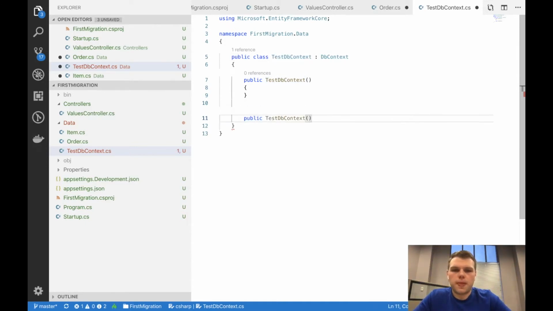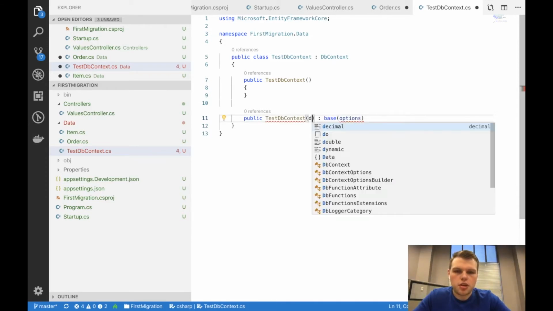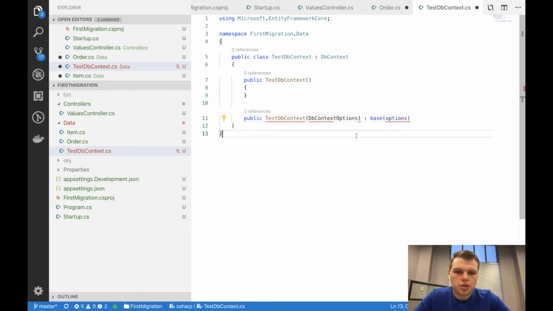dependency injection. So let's go ahead and do a base, and we're going to pass along our options, which I'm going to make right here. DB context options, options, and that will satisfy that. So what's going to happen is in our startup, we'll eventually configure it and just pass the options along to